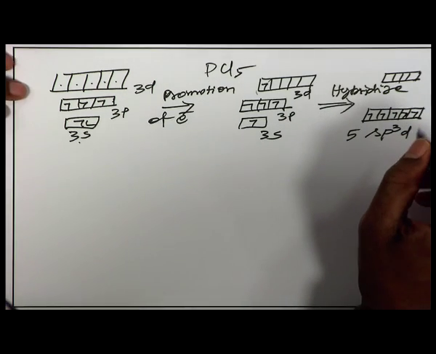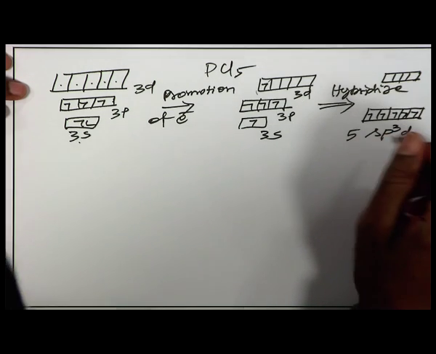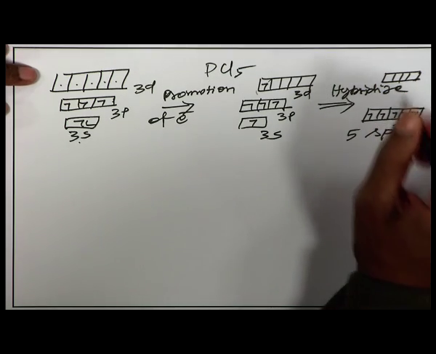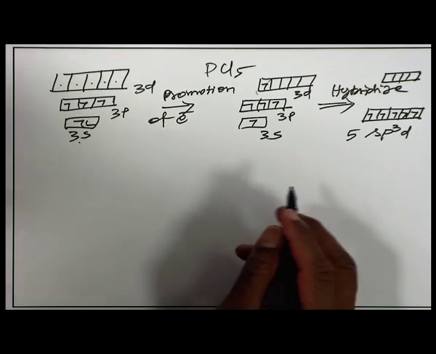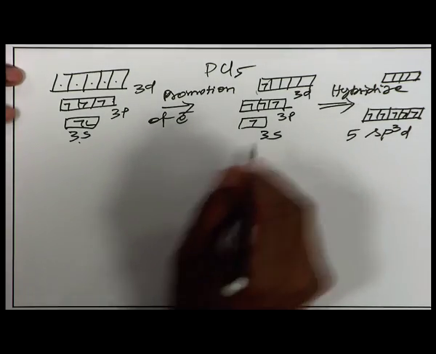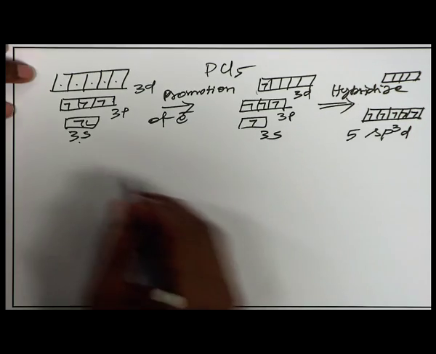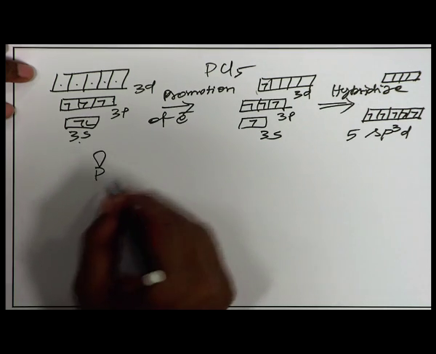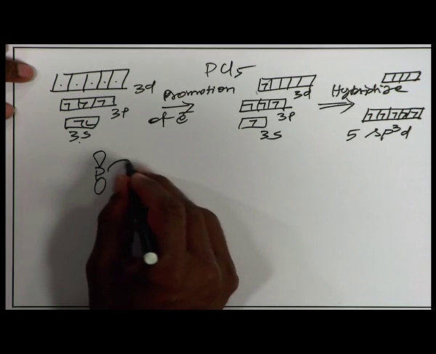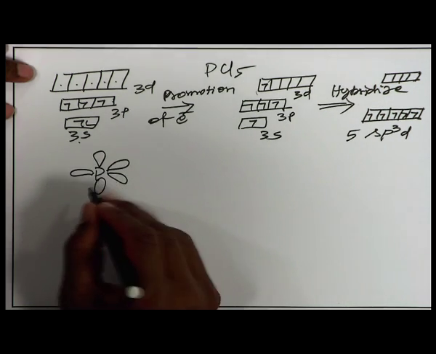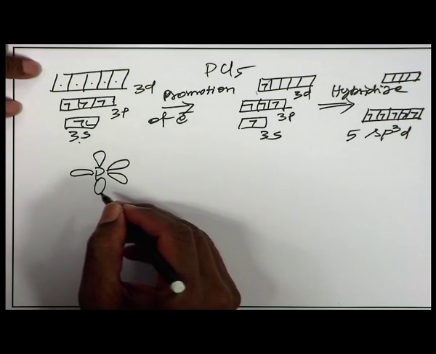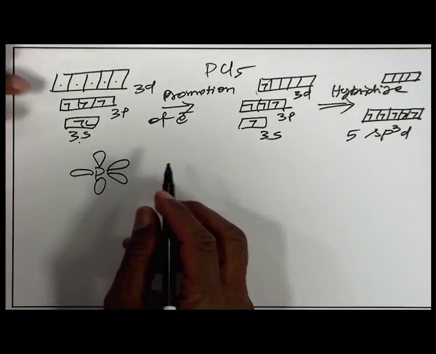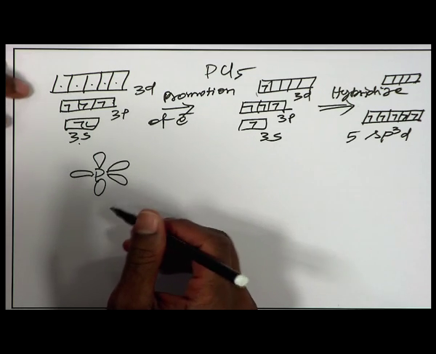Unlike carbon, where you have sp3 hybridized orbitals, here there are two types of hybridized orbitals. Here is the empty d orbitals. So, the geometry for PCl5 is the trigonal bipyramidal geometry. So, you have phosphorus, and then you have the sp3d hybridized orbitals like this, and then you can bring the chlorine towards the phosphorus atom, which has an sp3d hybridized orbital